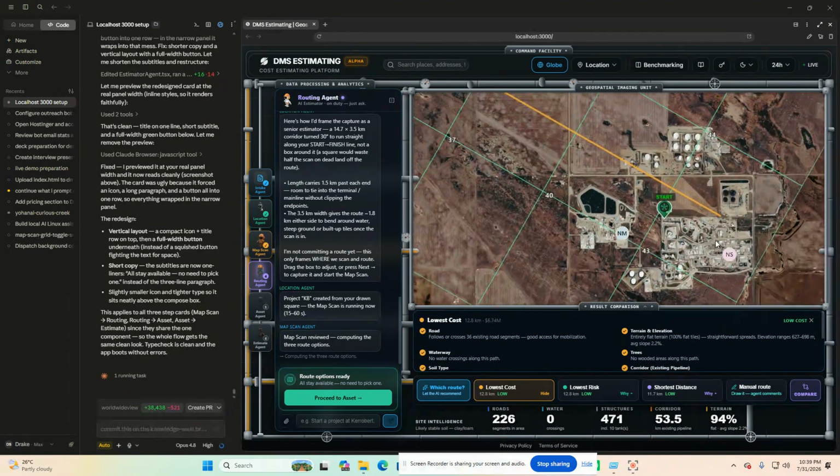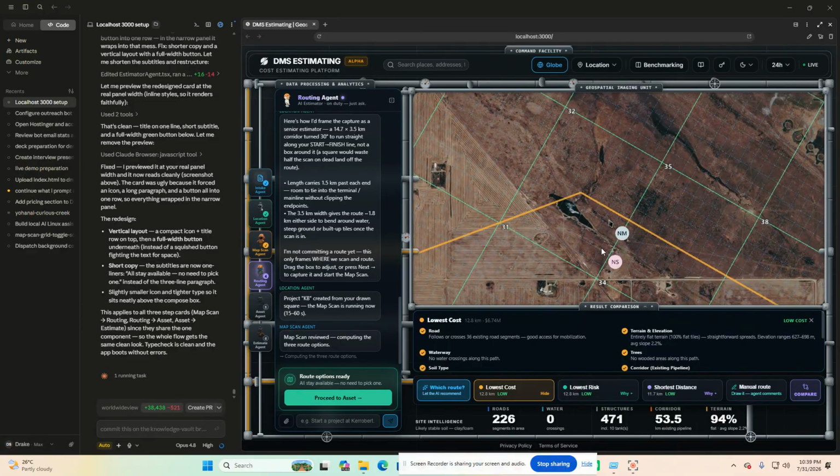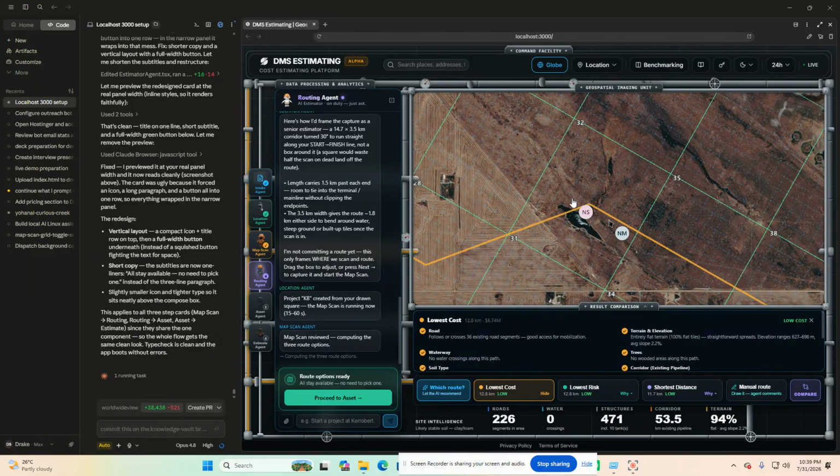Like here, it looks like it could be some water here, right? So I'm going to try and reroute my path, make it shorter, and instead of going through here, I will go here. I think it looks like this is a road. I might go from there. Oh, well, there might be some problems here as well, so I might go here, then here. So again, if that can be done